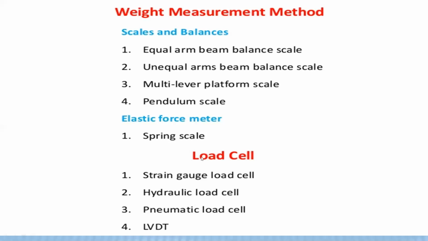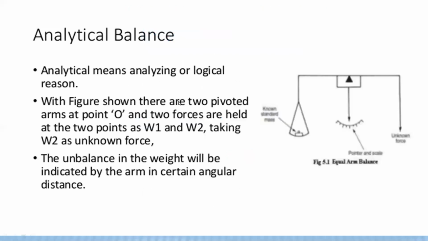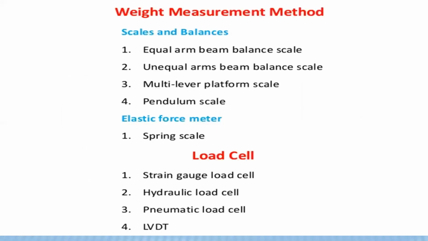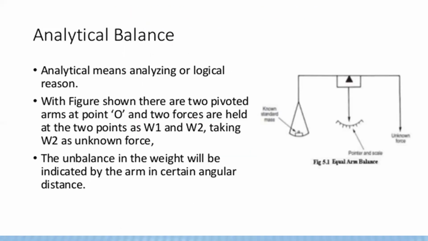And you can see what are the different weight measurement methods. First one is equal arm beam balance. In that equal arm beam balance, first one is scales and balances. The first one is scale. In the scales and balances, the first one is equal arm beam balance. So in that equal arm beam balance, we can observe the